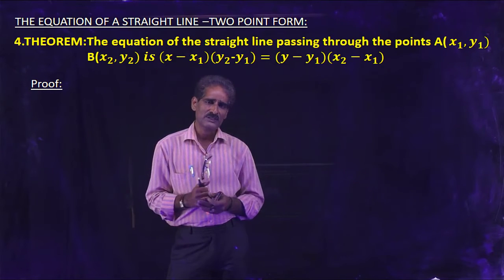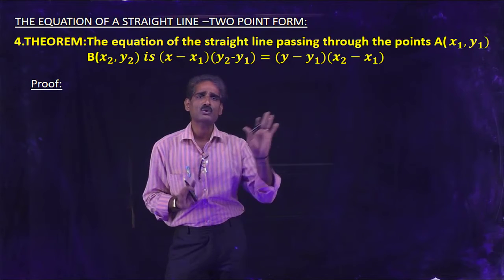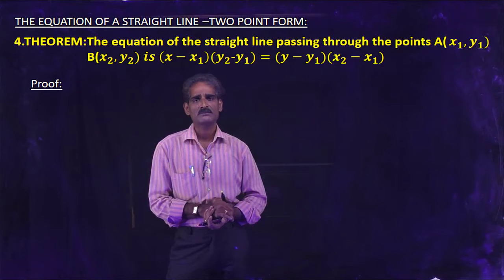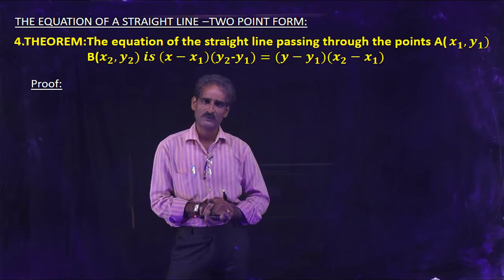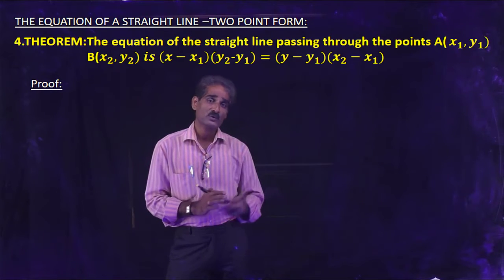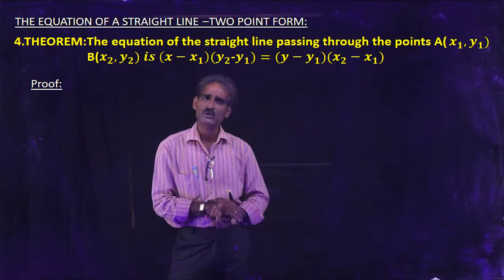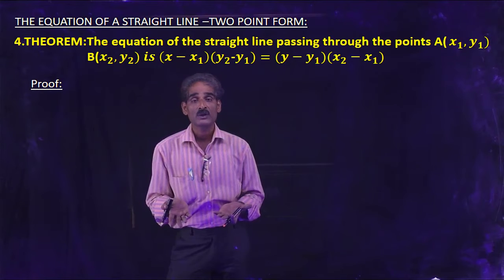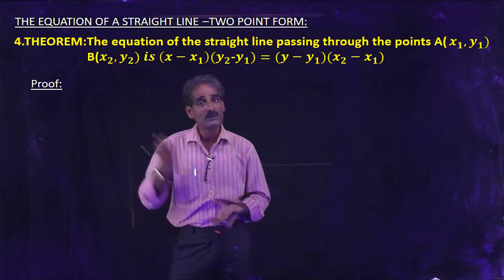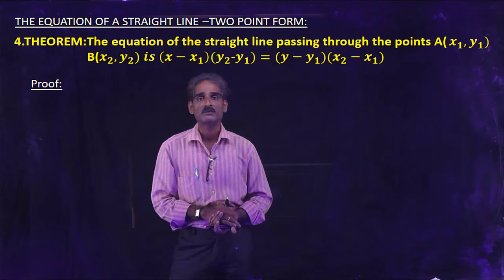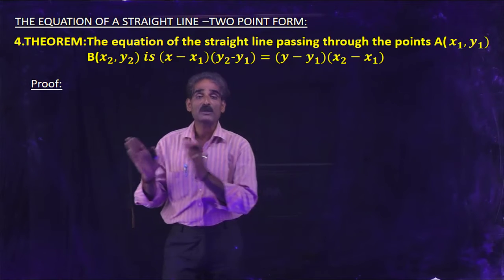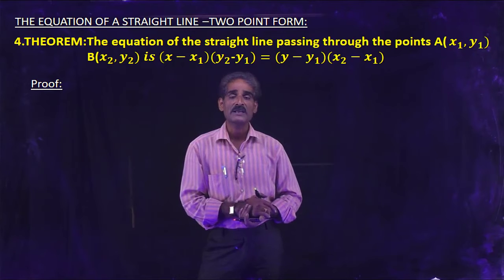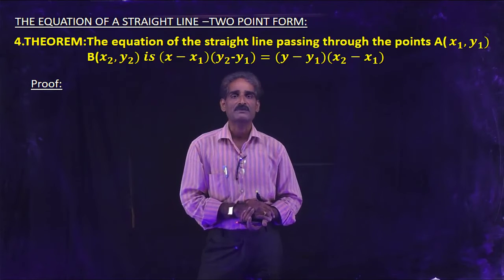Here observe that a line is passing through 2 points. If you take any point on the line, suppose take the first point x1 y1. Now with the help of 2 points you can find out the slope. Let us take that equal to m. Here we have slope m and point x1 y1. We can write the equation of the line with the help of the point slope form. Understand? So by using the point slope form, we can derive the formula for the straight line with 2 points.